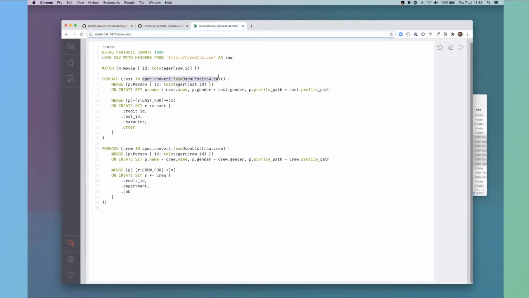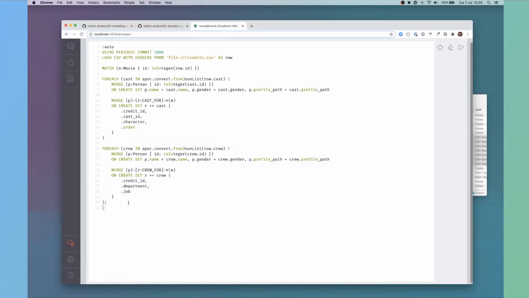Then it will convert the cast from a JSON list into a list, merge the person based on the ID from that cast value, and if I'm creating the person for the first time, then set the name property to cast.name, the gender property to cast.gender, and the profile path to cast.profile_path. Merge a relationship between the person and the movie. And then if I'm creating that for the first time, I can use a mass assignment to take the credit ID, the cast ID, the character, and the order to save that.